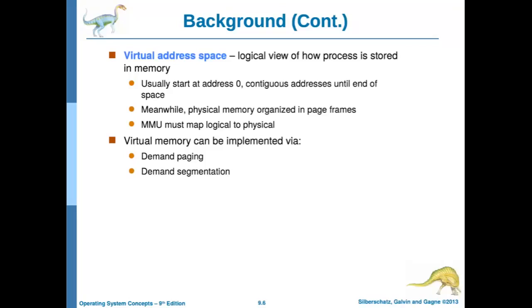Now, how to implement it? Virtual memory can be implemented via demand paging and demand segmentation. We know the concepts of paging and segmentation, which we have already seen. The only thing is one word is added there: demand paging and demand segmentation. Demand means whenever that page is required, then and only then load it into the physical memory. It's like on-demand loading of a page